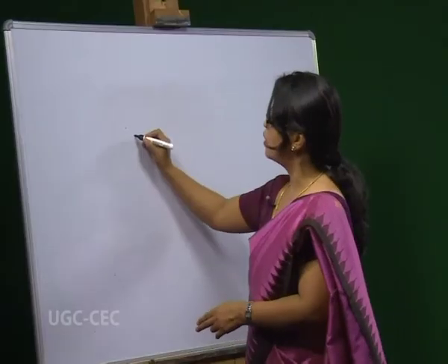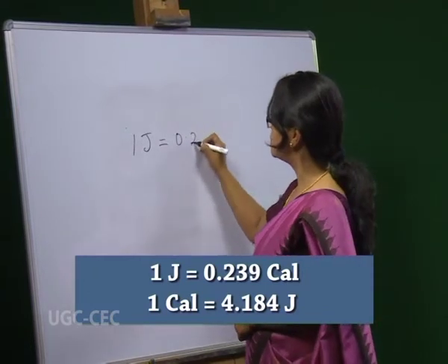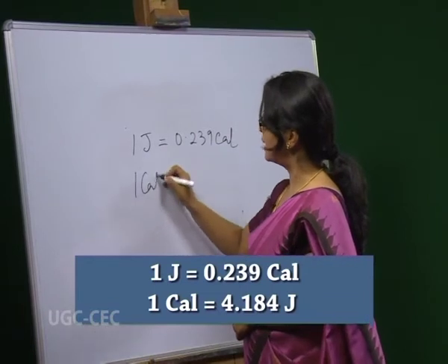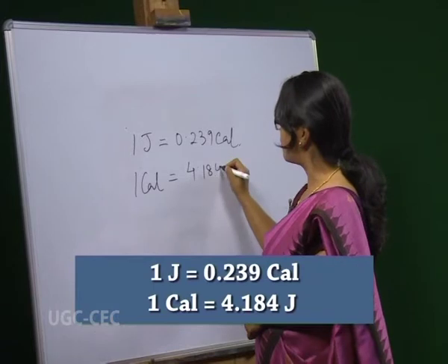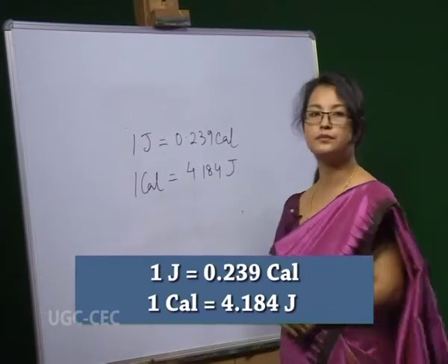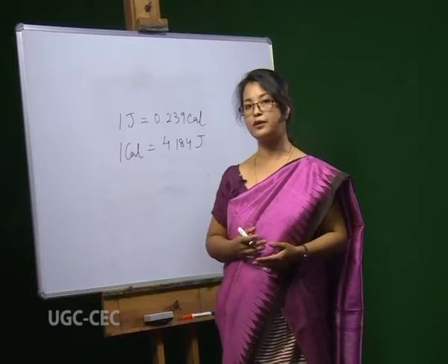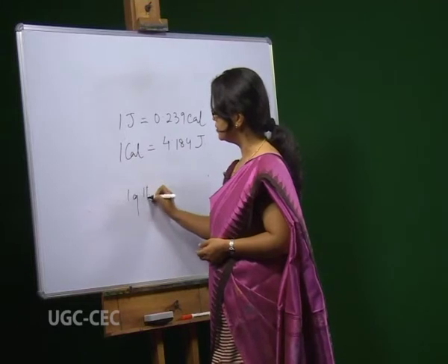And we know that 1 joule equals 0.239 calorie. They are interconvertible. 1 calorie equals 4.184 joules. A calorie is the amount of energy required to raise the temperature of 1 gram of water